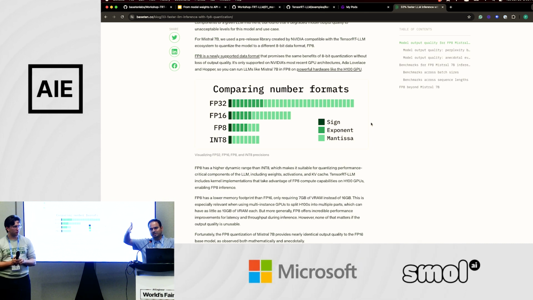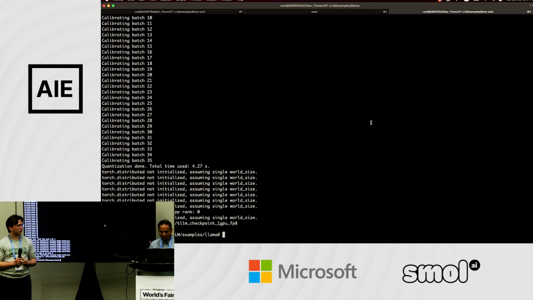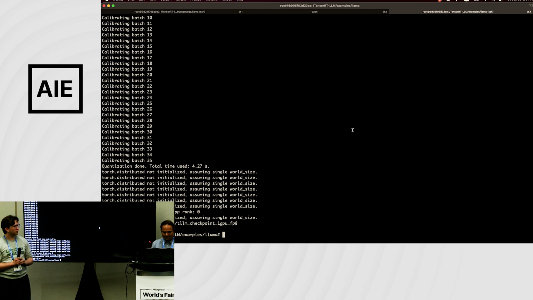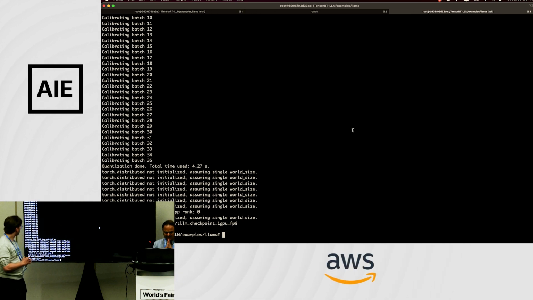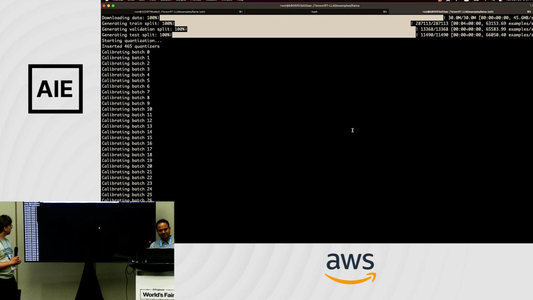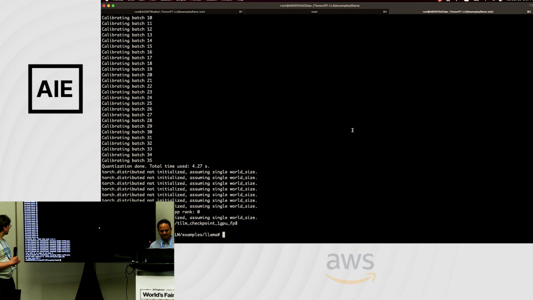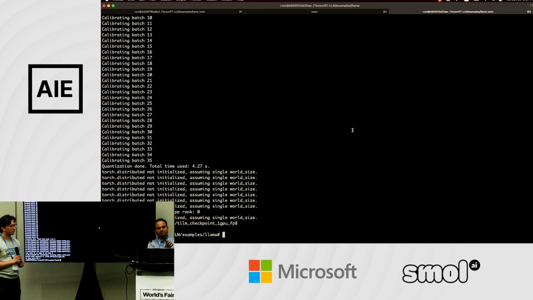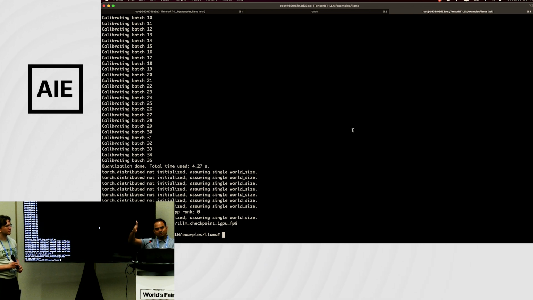You don't have to fit into a linear scale, and that's where FP8 excels. So going back to the presentation, the FP8 quantization is done, and I forgot to show you this, but there is calibration involved here. If you look at this stack here, we actually give it some data. We feed it some data and let it calibrate, because as you would know in INT8 and FP8, you have a start and end range, and they differ in how you divide up that range into data points, but you have to find min and max. And for that, you need calibration.